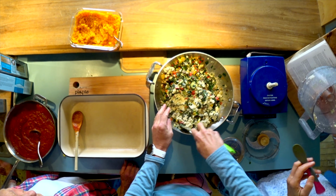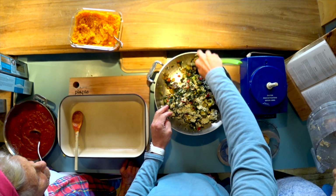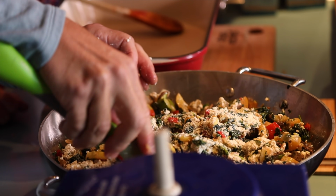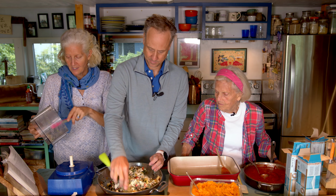Thank you, cult member. So this is what I did not do in the published recipe in Plant Strong. I kept this ricotta separate from the vegetables. I did all these layers. I mean, I feel like such a